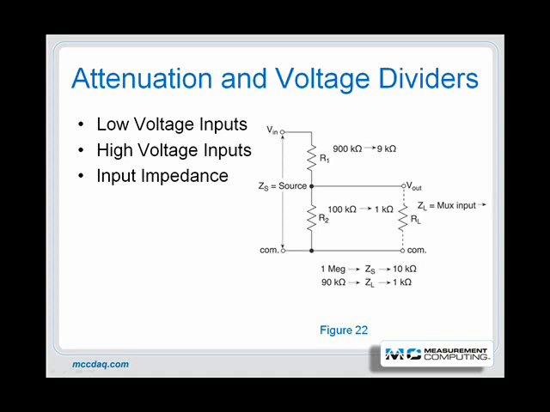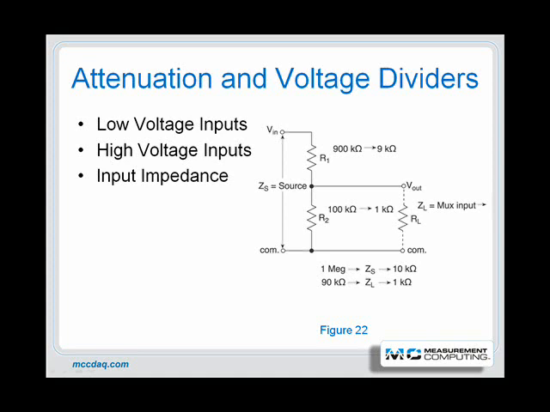First, voltage dividers present substantially lower impedances to the source than direct analog inputs. Second, their output impedance is much too high for multiplexer inputs. For example, consider a 10-to-1 divider reading 50 volts. If a 900 k-ohm and a 100 k-ohm resistor are chosen to provide a 1 megohm load to the source,